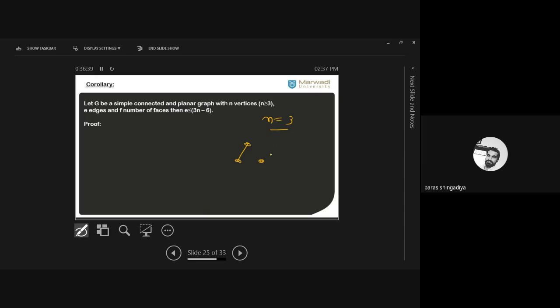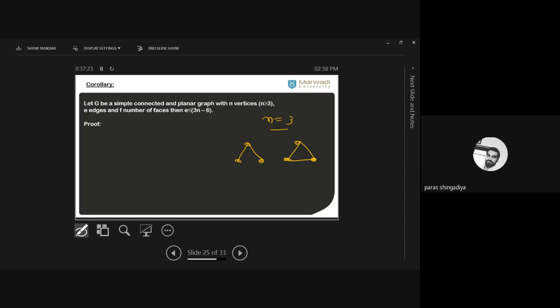If I consider this one, it is not true because it is not a connected graph. By using one edge only, I cannot make this graph. It is in disconnected form. So I need at least 2 edges. 2 edge minimum होगी, maximum हो सकती है 3, but minimum is 2. Now it looks like a planar as well as connected graph, and that is one possible answer. That is another one you can consider. And now maximum will be 3. If I now add a fourth edge, it creates either a parallel edge or a loop, and that is not allowed because the graph should be simple. So there are two possible answers.